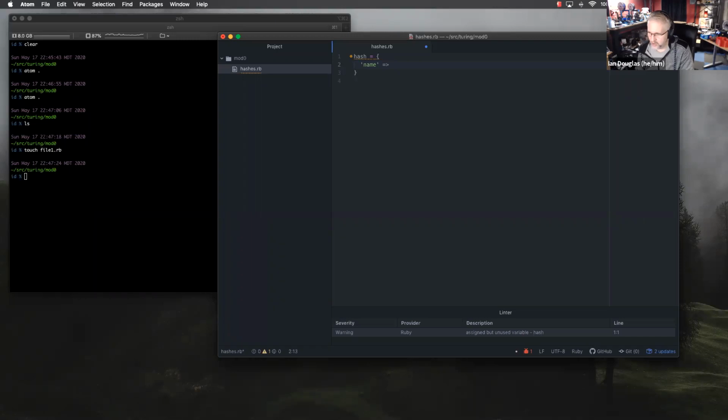And I do this equal greater than. This equal greater than is sometimes referred to as a hash rocket, which you'll hear. And that's because we're using it in the context of a hash, and it kind of looks like a rocket. That's, I guess, how it got its name. So what I'm gonna do in here is I'm just gonna set this name attribute to be my name, Ian